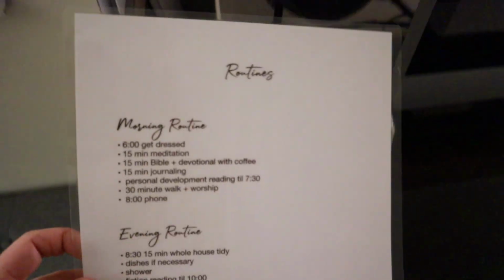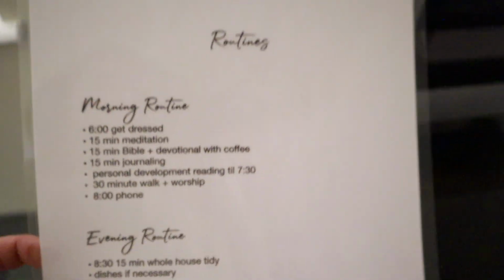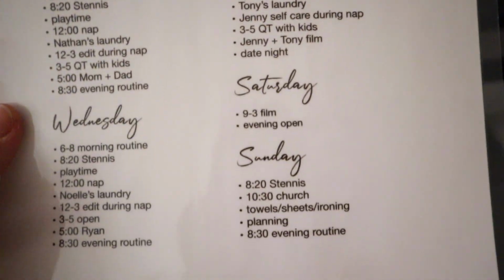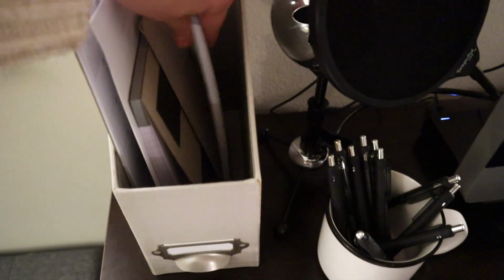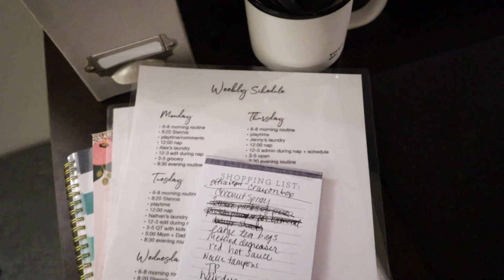And then I have this laminated sheet with my routines written on it. And this just kind of keeps me from having to try to remember what I'm supposed to be doing at whatever time. I also have a laminated weekly schedule that I typed up, and this just helps me to remember all of the things that end up on my calendar anyway, so I don't have to rewrite them every single week. There's my grocery pad that is very messy,